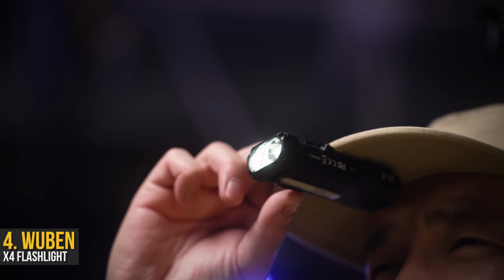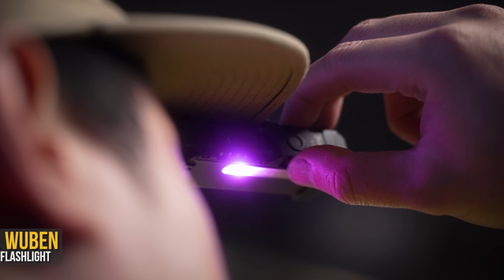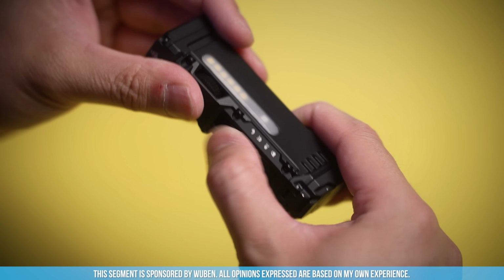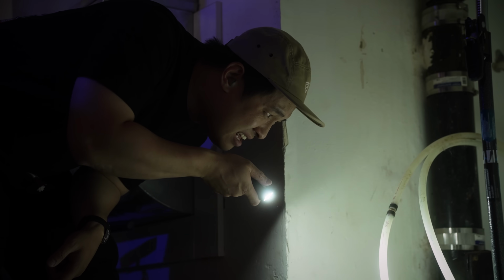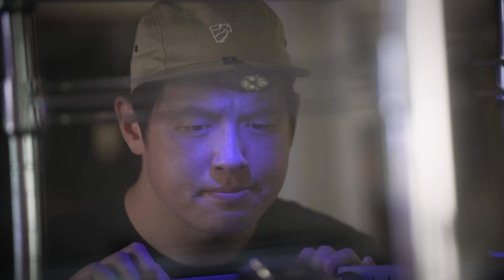I used to think flashlights were boring and kind of useless. That is, until I started testing some pretty wild ones, like this Wuben X4. With 1500 lumens of output, it's basically a lot of light for the non-flashlight experts, but also with a strip of RGB lights on the face of it too. It's comfortable to use one-handed with easy to adjust controls in a tough metal body, making it a perfect companion when you need to check any deep dark holes, digging through your